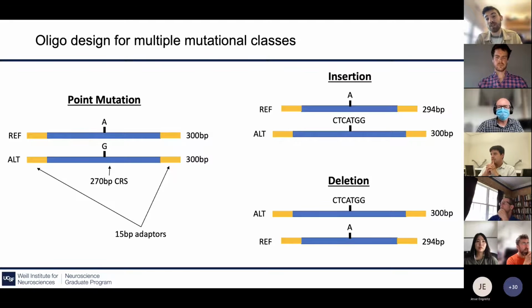And since we're really interested in a close case control study of the reference versus alternate allele, this reporter design ensures that we don't have